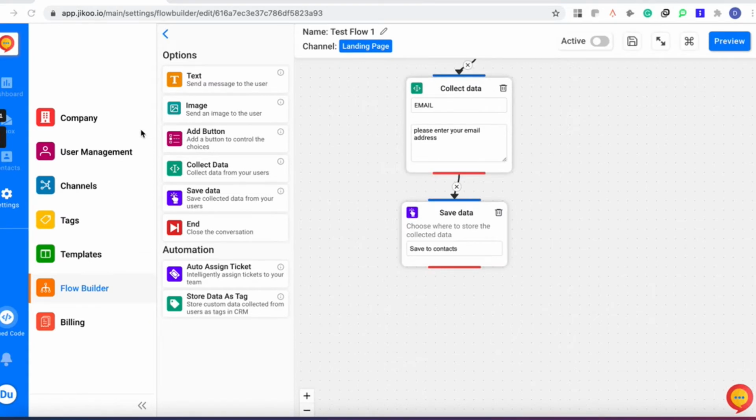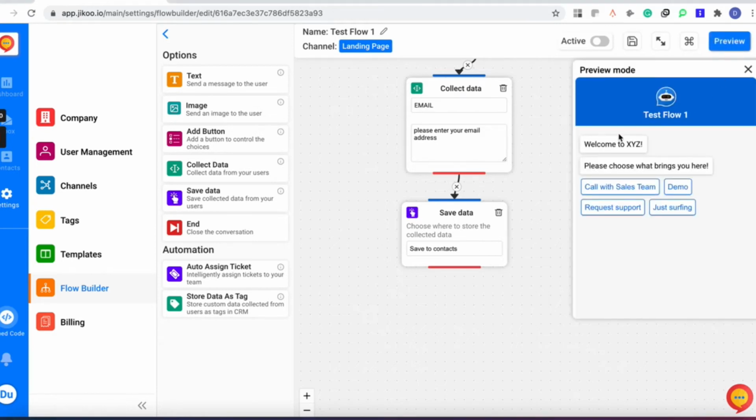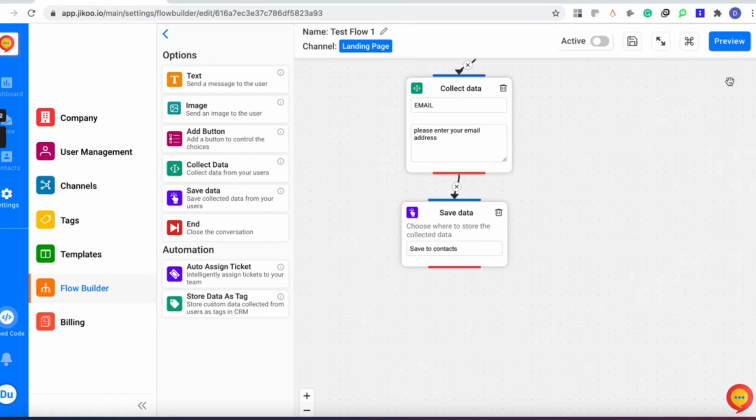Listen very carefully. When a website visitor clicks the very first option in the flow that you have set up, at that point itself a ticket will be created automatically. Let me explain with an example. We have set up a flow like that. If somebody is clicking on any one of these options, at that point itself the ticket will be created automatically, right? So here is an interesting part. After collecting all the details from the visitor, the tickets will be assigned automatically to agents based on the method that you have set up here in the flow.